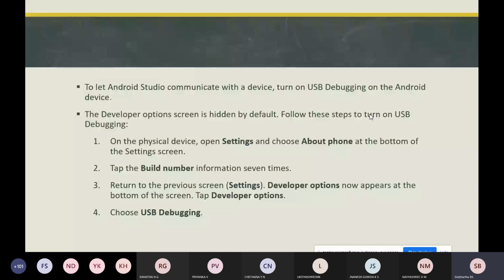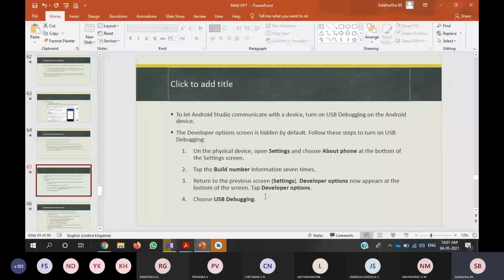So how do you turn on the developer options? You need to follow these steps. I will stop the screen sharing and connect the mobile so that you will know how to do it.